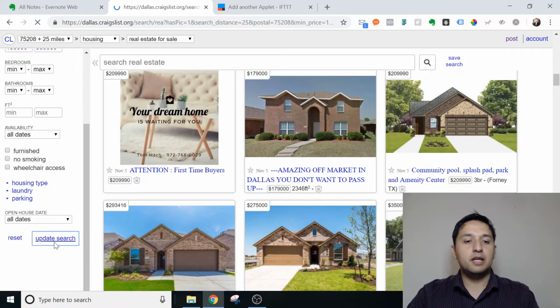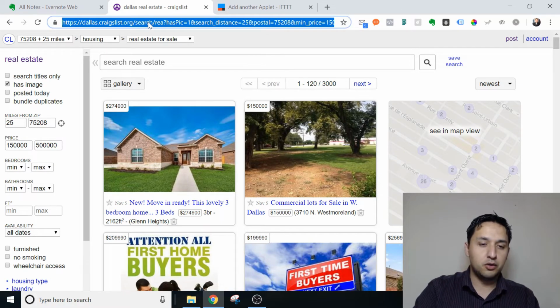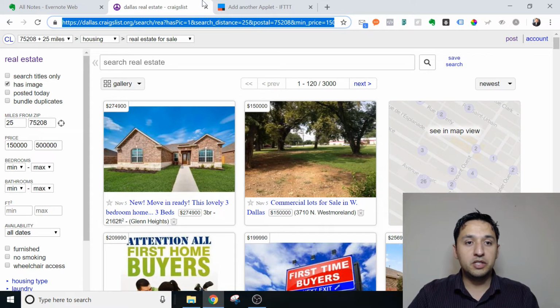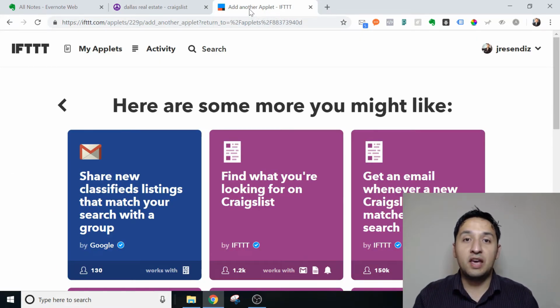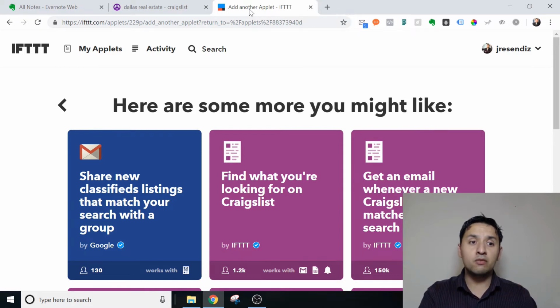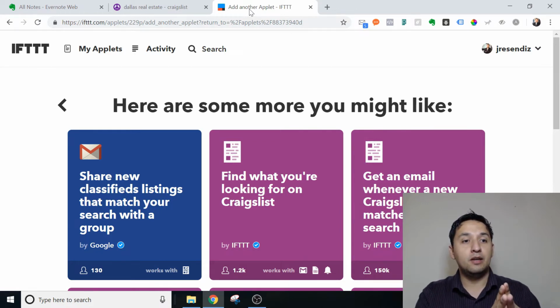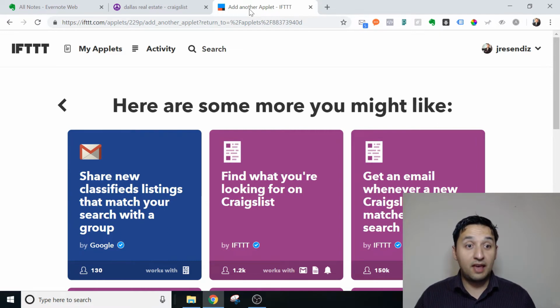All right, so we've already updated the search. This is what makes this entire system work. You're going to press Control C, which is control copy, you're going to come over here to If This Then That. If you saw my Twitter video on how to get leads from Twitter in an automated way and in a free way, then you've already been introduced to If This Then That. If not, know that If This Then That